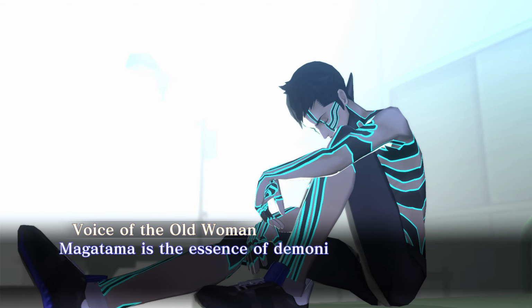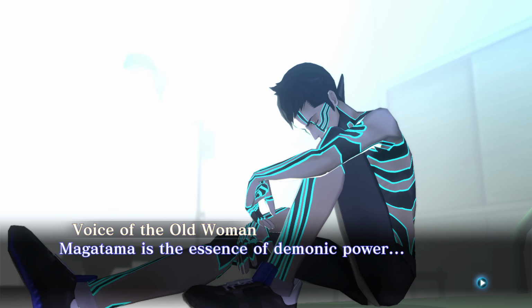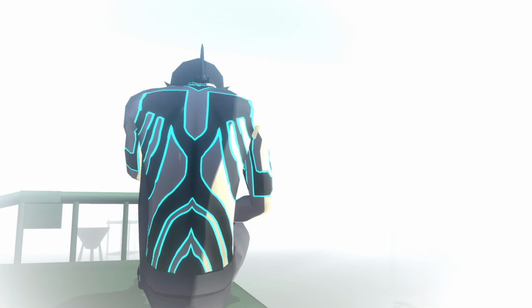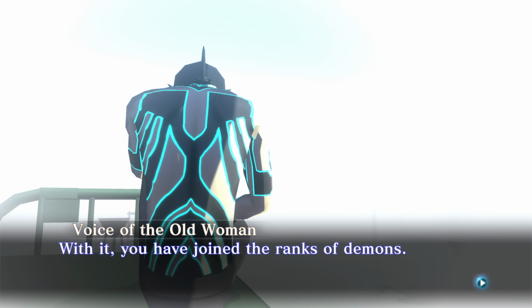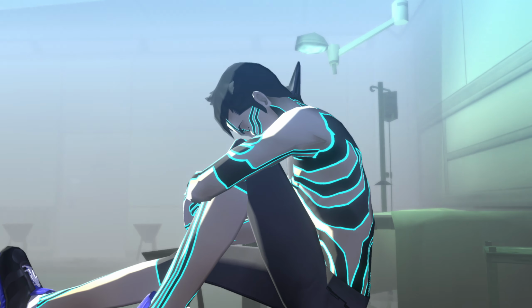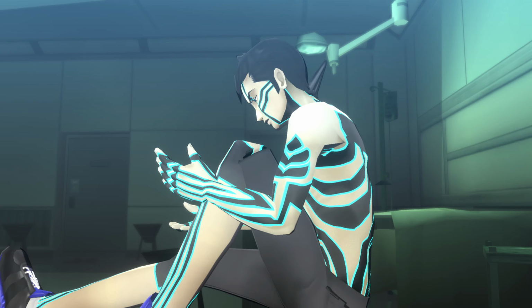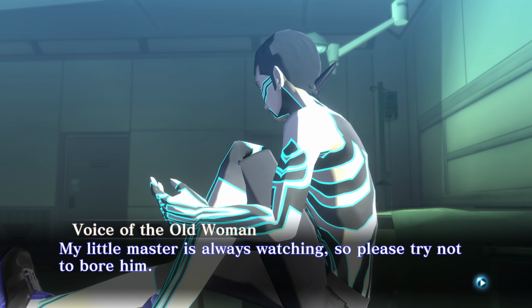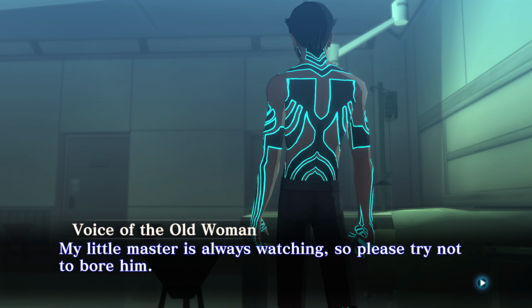悪魔の力を宿せし、災いなる魂、マガタマ。これであなたは悪魔となったのです。坊ちゃまはいつも見ておられます。くれぐれも退屈させることのないよう。